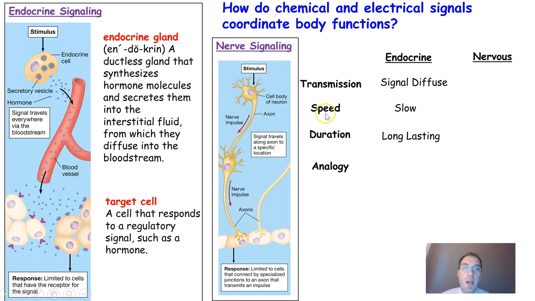Versus nerve signaling, which is a direct connection from your stimulus through neurons directly to a response tissue. Notice the signal, in this case the electrical signal, travels down the axon and directly interacts with another neuron on its way to a tissue. This direct connection of the nervous system is what's different than the endocrine system, where the signal is diffuse. Not only that, the signal is very fast, in microseconds, milliseconds for the longest neurons, and it's a short duration. So it's very critical for quick changing responses to the environment.